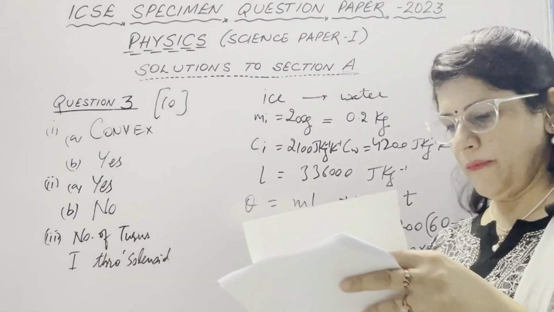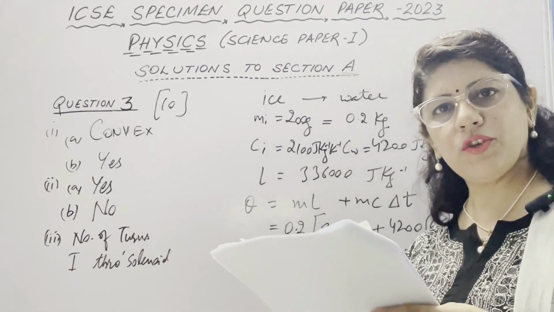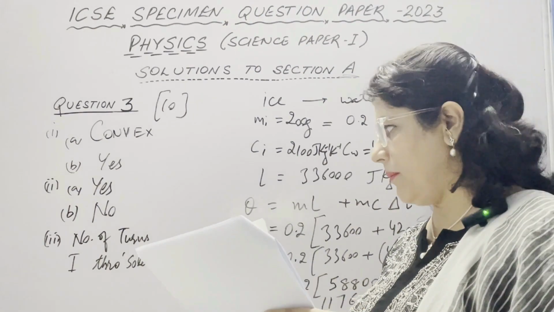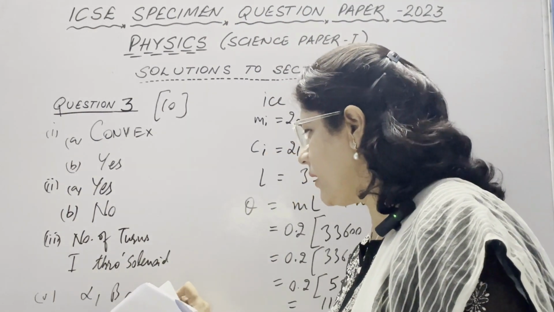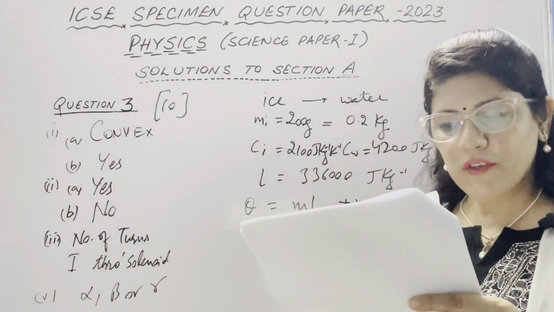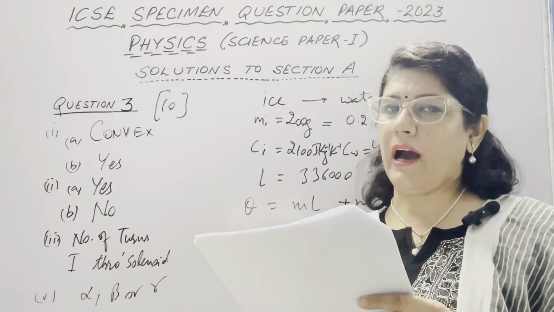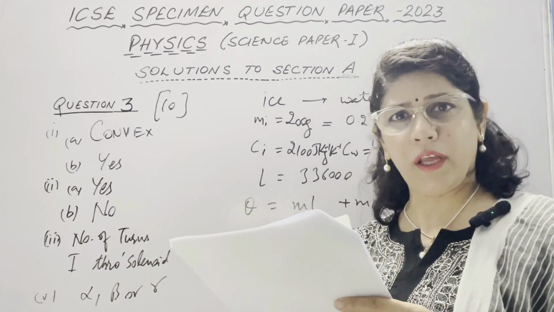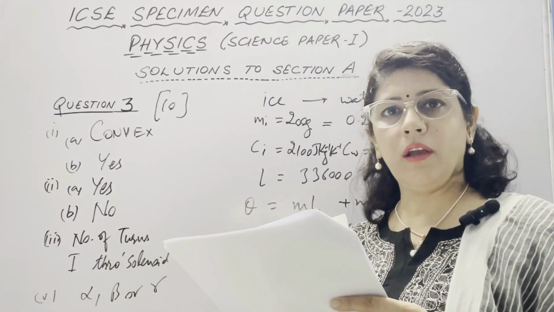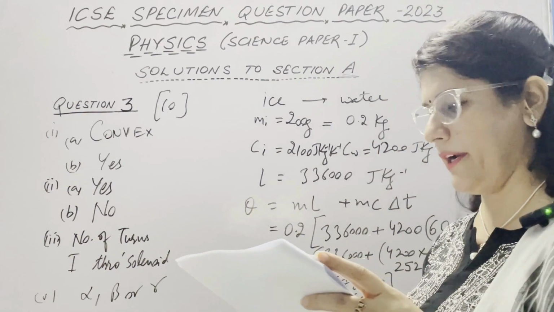In last part, what are background radiations? Radioactive radiations, alpha, beta or gamma, to which we all are exposed even in the absence of an actual radioactive source, are known as background radiations. Examples in our body are carbon 14, potassium 40 and in atmosphere radon 222. All these are examples of background radiations.